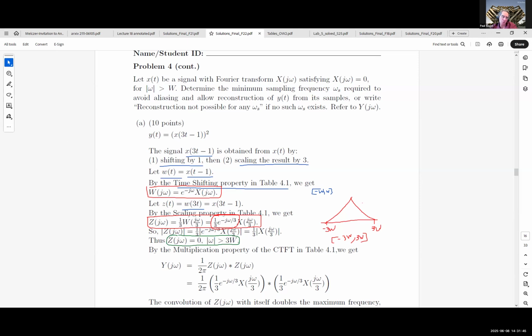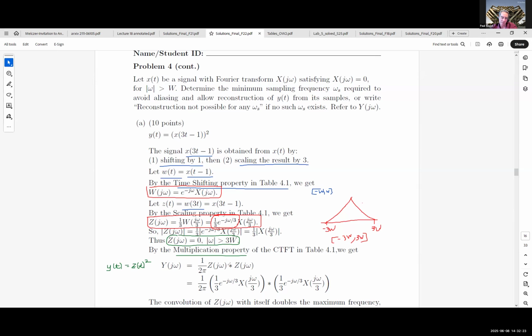And now the next step is we square it, right? We have to look at the square, so y of t is actually going to be z of t squared. And so for z of t squared now, we want to know what's that Fourier transform. We're going to use the multiplication property. So it's going to be Z of j omega convolved with Z of j omega, multiplied by 1 over 2 pi,